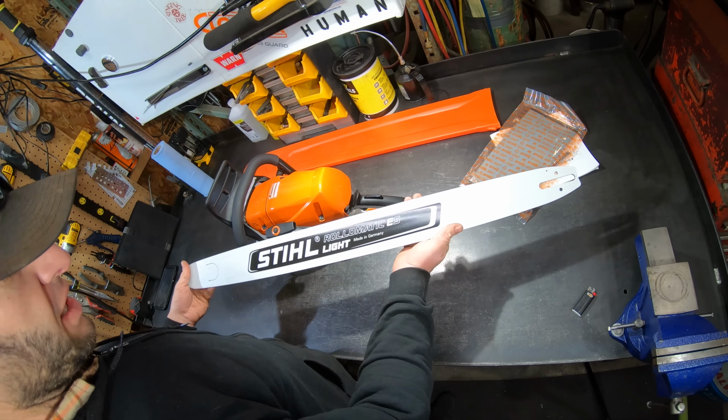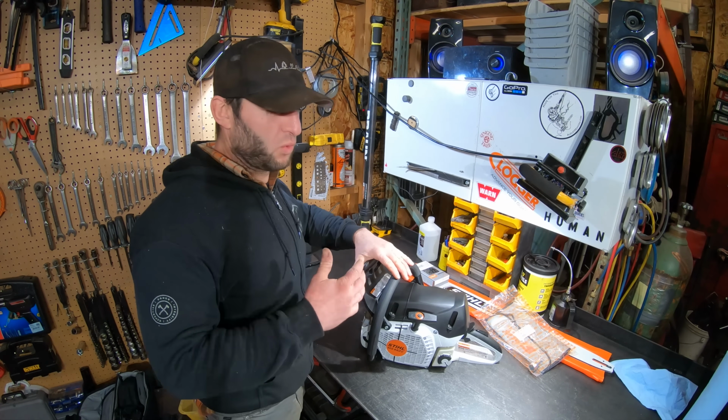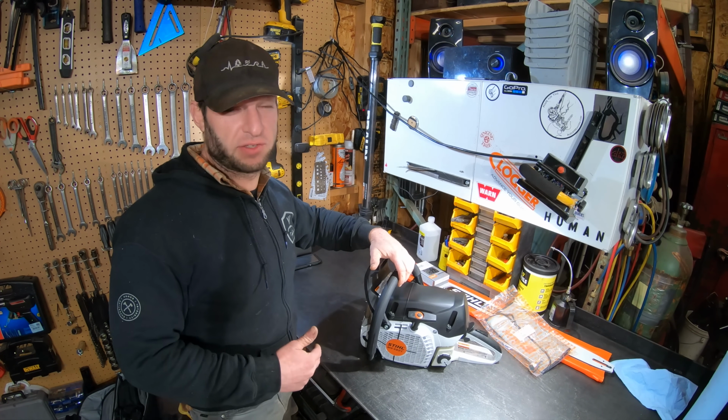I already have a 28 light, so I wanted to see how the 32 light would do. Probably try them both. And all the important stuff's taken care of. What we have here is the Stihl 462 CM, the newest saw from Stihl released here in the States, the